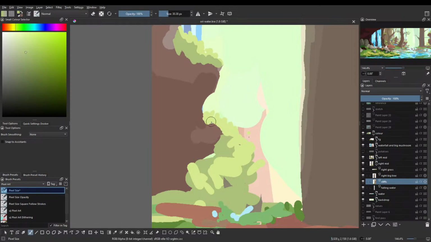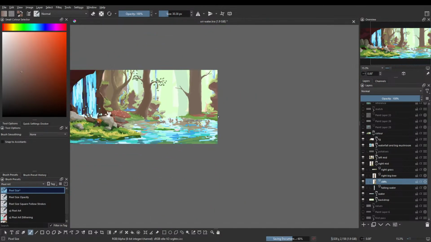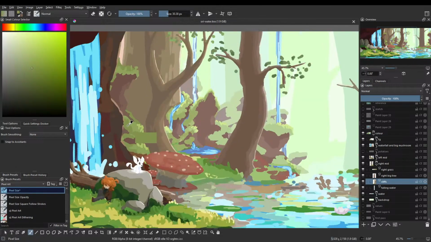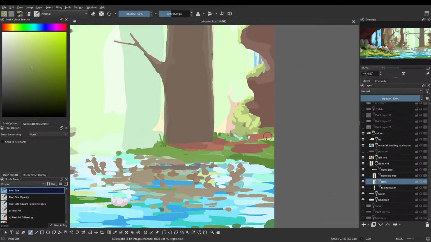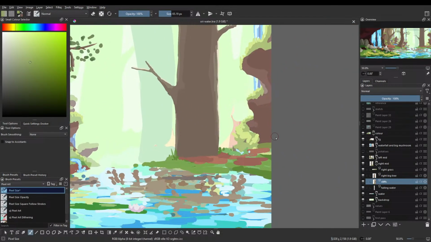I'm figuring it out as we go along, as per usual. You know what? Not bad. Not bad, I'd say. And then we can grab some of this darker shading for this part. And then the grass is slightly too... On the grass, I think I'm going to... am I going to merge these two layers together?